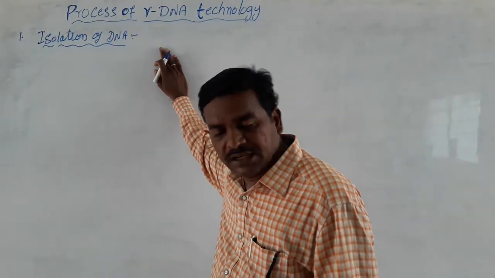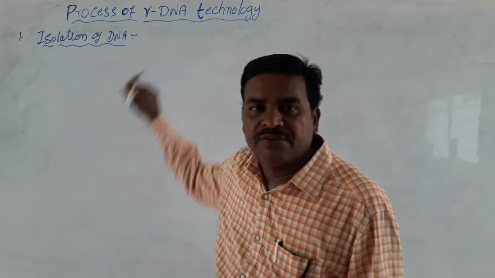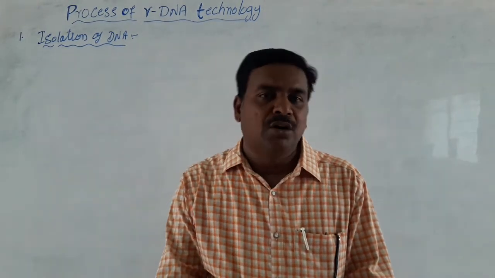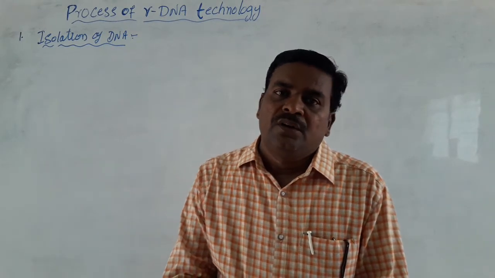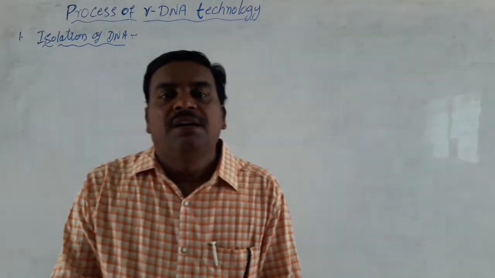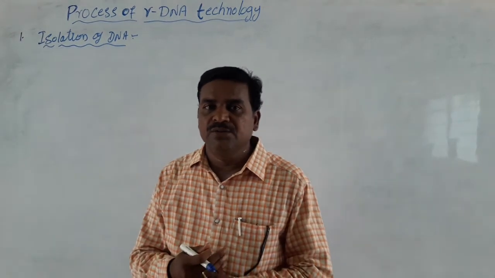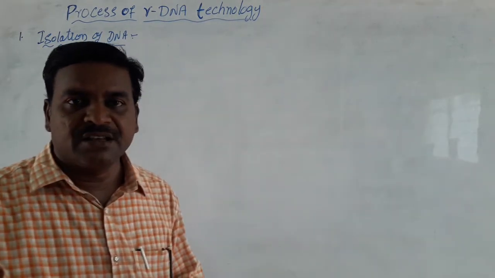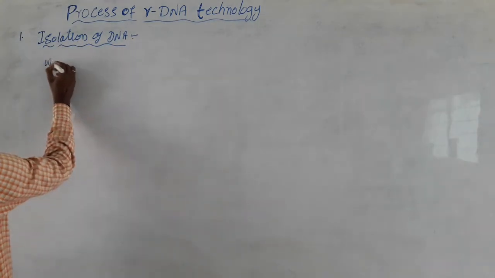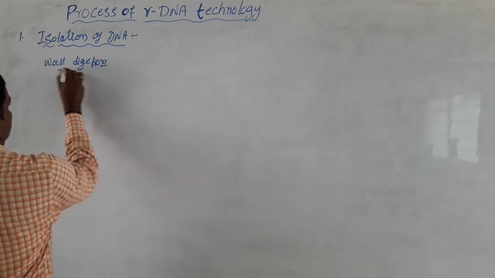In order to isolate the DNA, first there is the need of elimination of the cell wall, cell membrane, and other macromolecules, etc. The first step in this isolation of DNA is wall digestion. First the wall is digested by using some digesting enzymes. These enzymes vary for organisms. For example, wall digestion by using some enzymes.